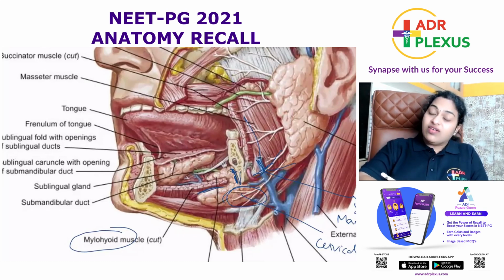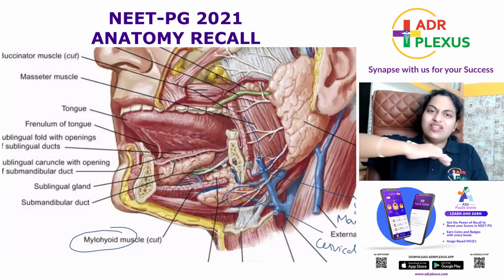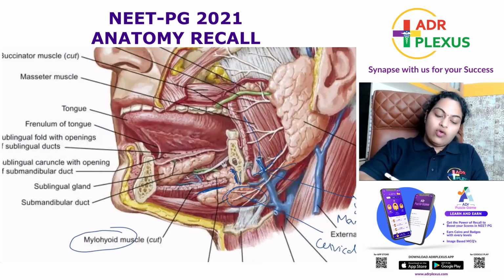Coming to the medial surface of the submandibular gland, that is extensive. The anterior part of it is related to, what is the muscle that you see here? Mylohyoid. But can you see something here? Separating the mylohyoid muscle from the superficial part of the submandibular gland. That's the nerve to mylohyoid and the submental branch of the facial artery.